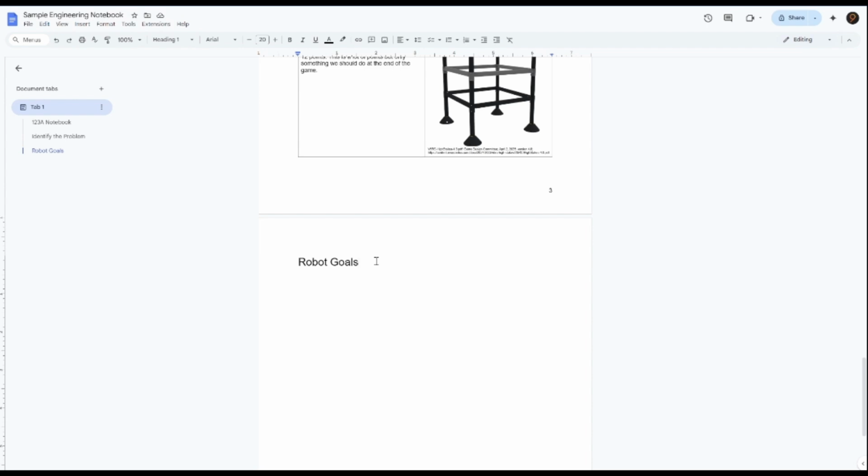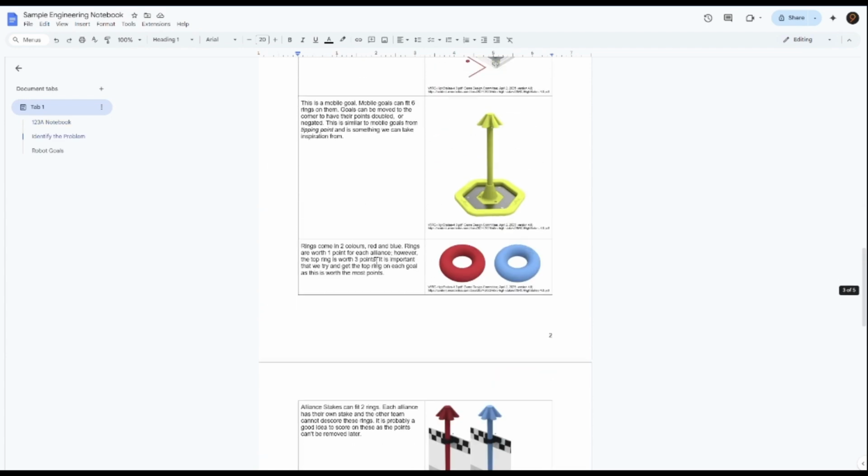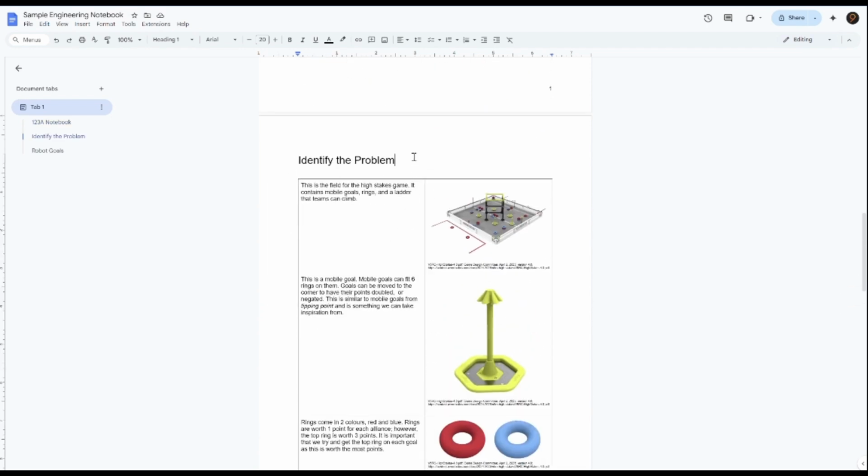And something else that we might want to consider doing is dating these entries. I'm doing all of these entries on the exact same day, so that's not super relevant, but under here I could maybe go...